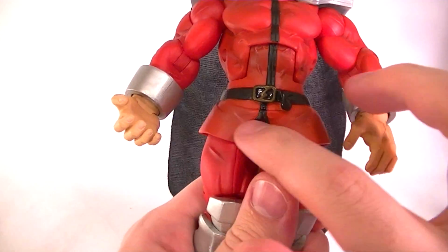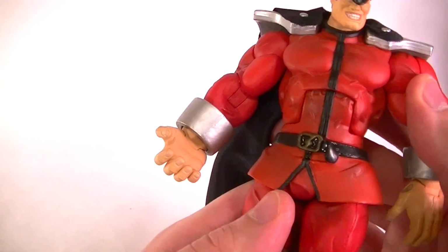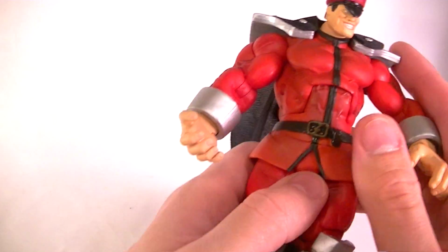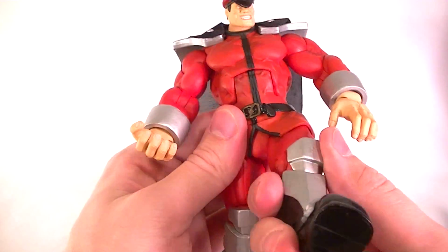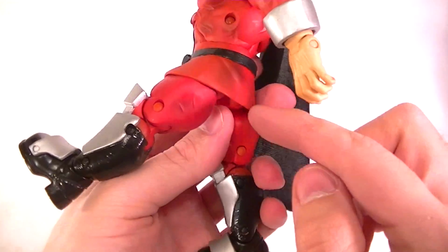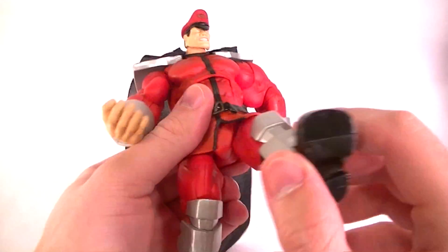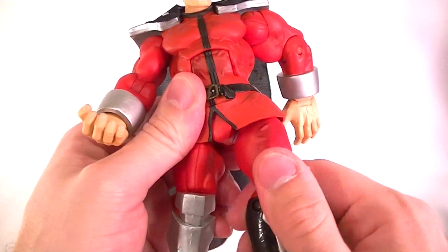The bottom part stays with the crotch, so that kind of ruins the continuity, but it's not horrible. I mean, what are you going to do? These are soft, so they don't impede the hips too much, but they do a little bit, and he's pretty thick, so you're going to have a little bit of limitation on the hips, but they are the full ball disc T-jointed hips, so side to side, forward and back, thigh